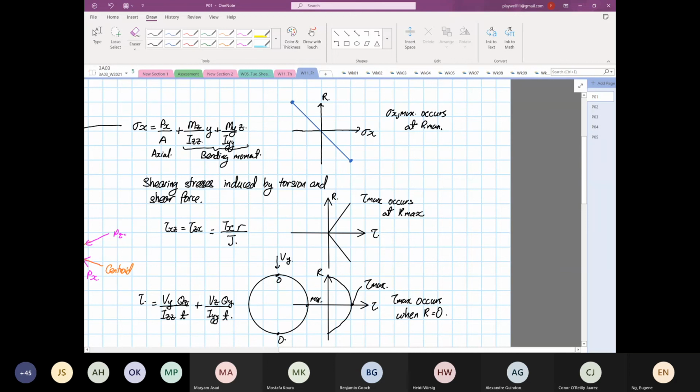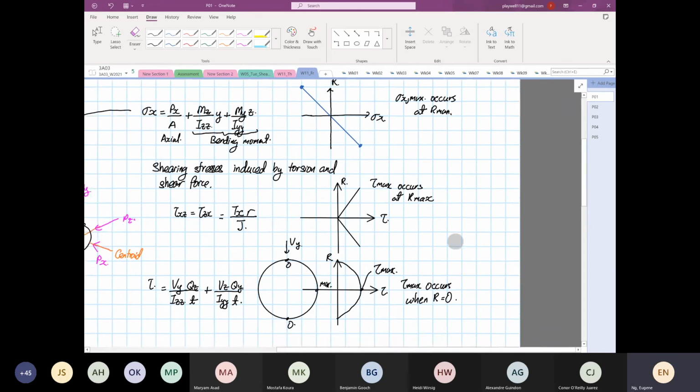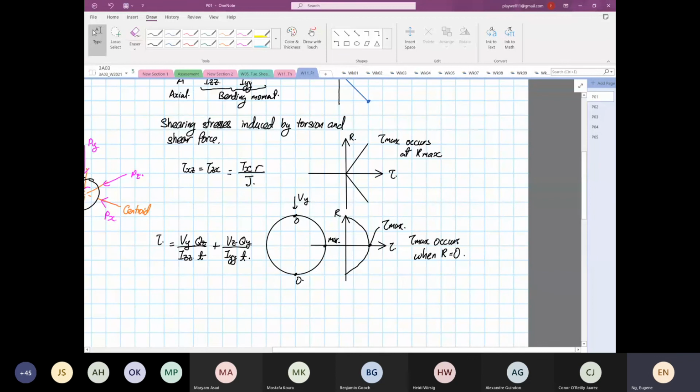So now, Miriam is absolutely right. The problem is the maximum occurs at a different location in the shearing stress induced by the shear force. Later on we'll prove this, and you guys will say, hallelujah. What do I mean? The shearing stress induced or generated